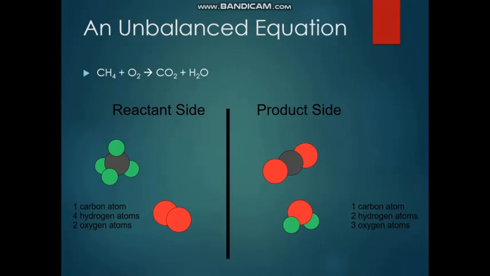We have a problem here because our reactants are not equal to the products, because we have 4 hydrogen here and we can only find 2 hydrogen atoms in our product side. So what are we going to do? We need to balance them. So how are we going to balance this equation? Simple, by putting